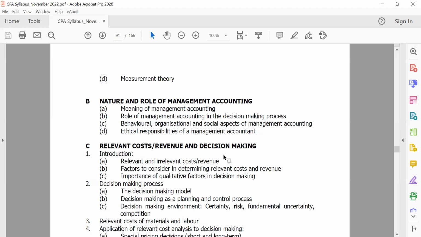So the ethical responsibilities, some of these you might have already interfaced, maybe in financial accounting, but the objectivity, the honesty, basically professional indemnity, and all those aspects that help the business